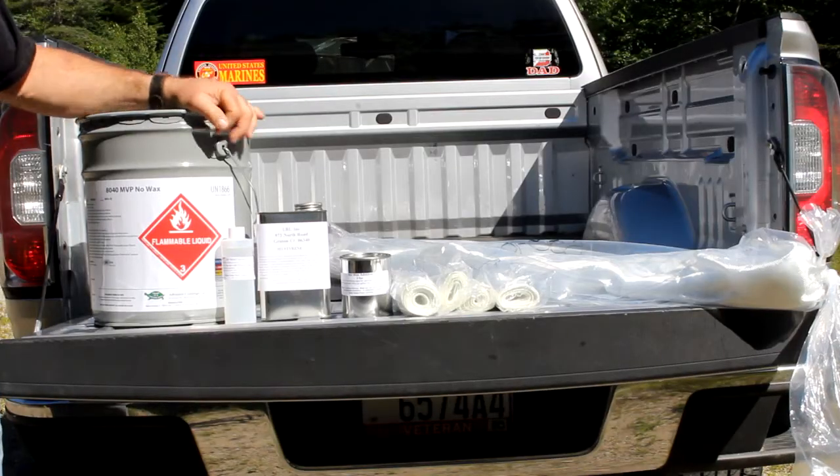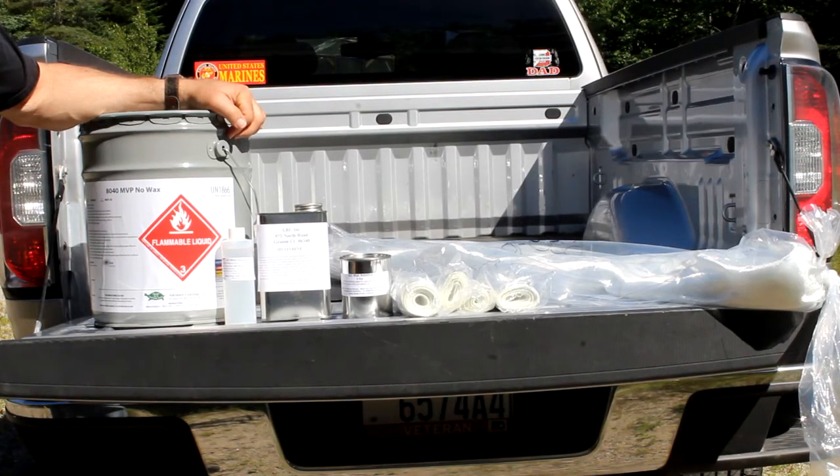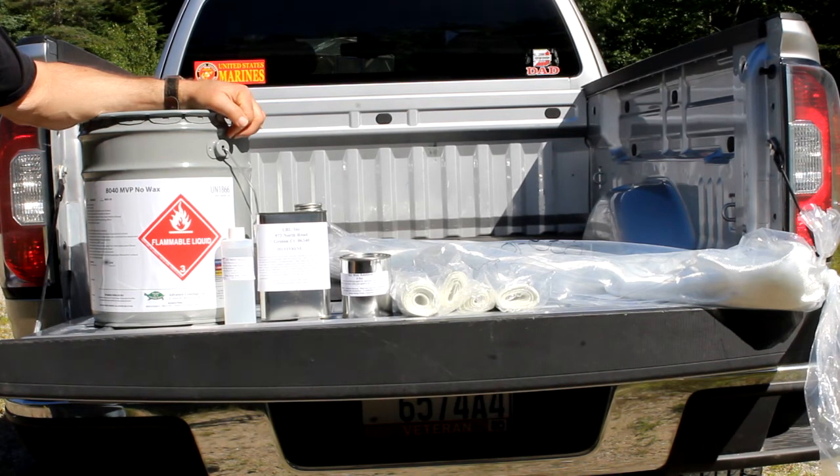I decided to go down there and pick it up myself because I was going to have it shipped, but the things I ordered would have to come through a commercial carrier, and because some of it is considered hazmat, it would be additional fees on top of that. This is the material that I picked up on Tuesday, July 14th, for my 18-foot pocket cruising sailboat